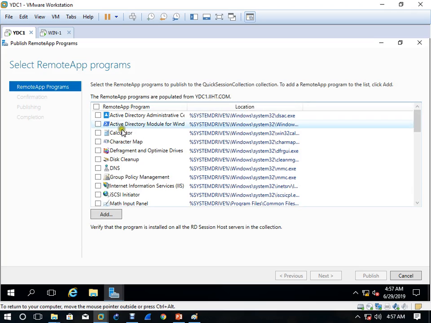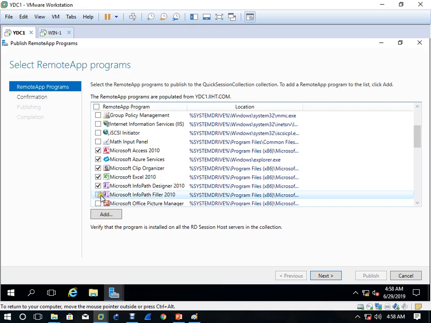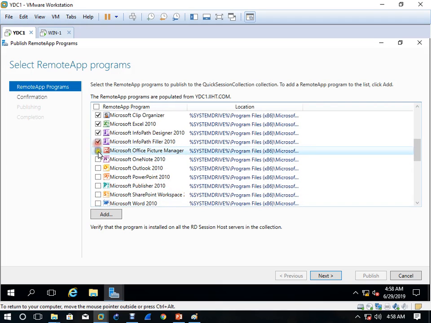So see, we have calculator, we have anything whatever you want to give. Active directory, if I want to give someone the ability to manage active directory remotely, no problem, give active directory. MS Office, whatever is related to MS Office, if you want to give, you can give everything to them.